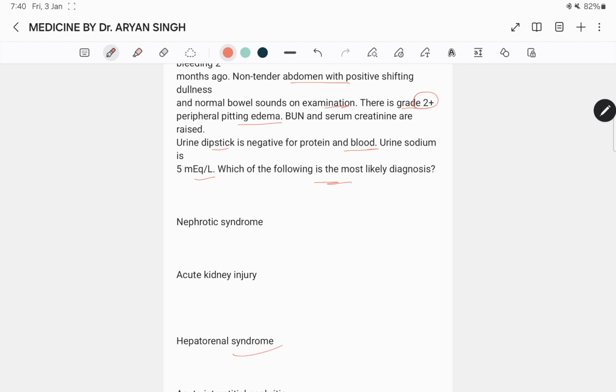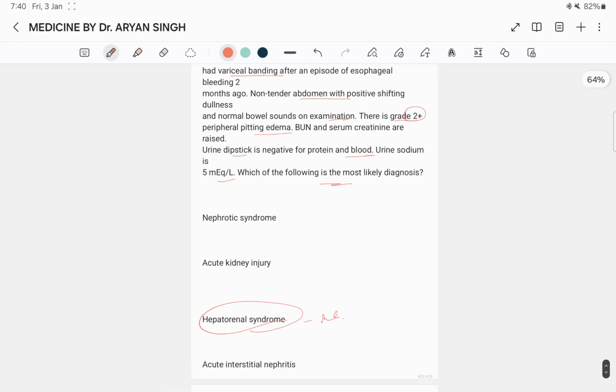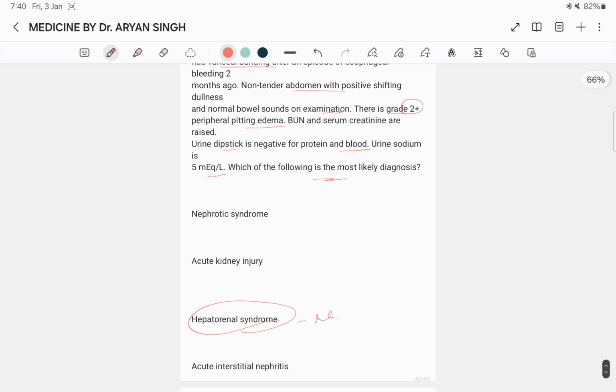Here the best answer is the hepatorenal syndrome. What is hepatorenal syndrome? Here the patient with the history of liver cirrhosis presents with an abnormal renal function test, and most likely the diagnosis is hepatorenal syndrome. Hepatorenal syndrome is a development of acute renal failure due to severe hepatic or biliary disease, often with jaundice. It is defined as the reversible functional renal impairment in the absence of other causes of renal failure, tubular dysfunction, proteinuria, or morphological alteration in the histological studies.